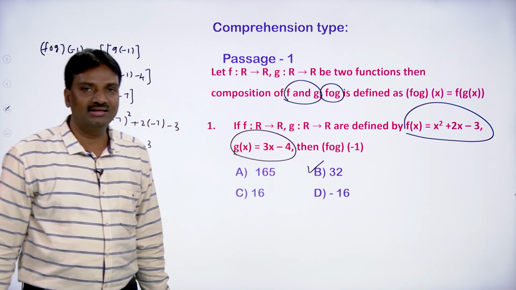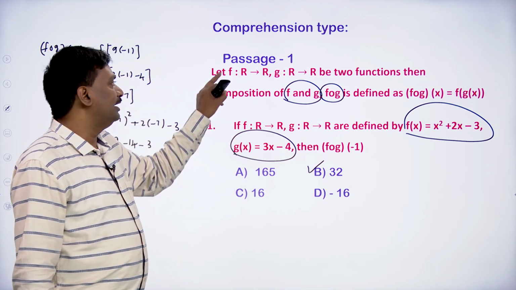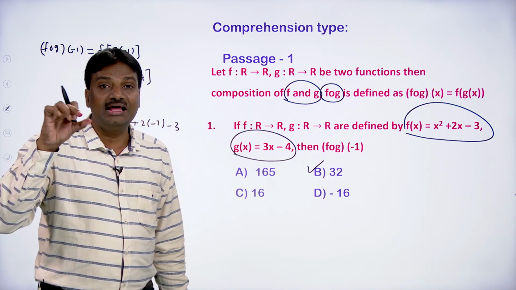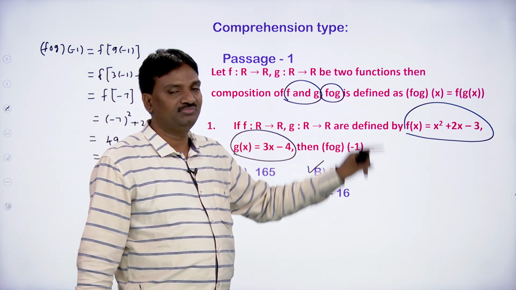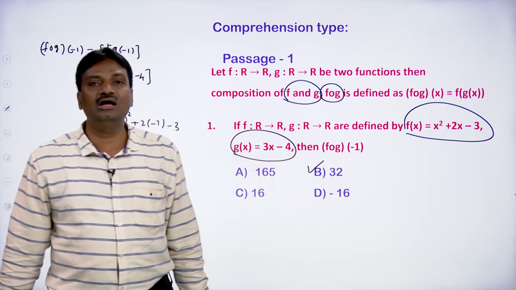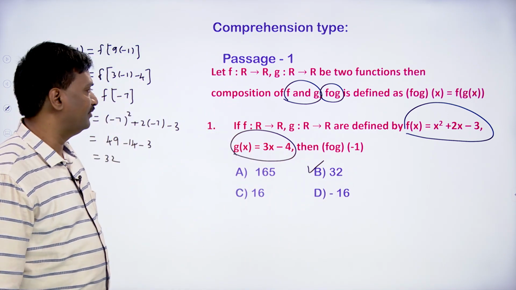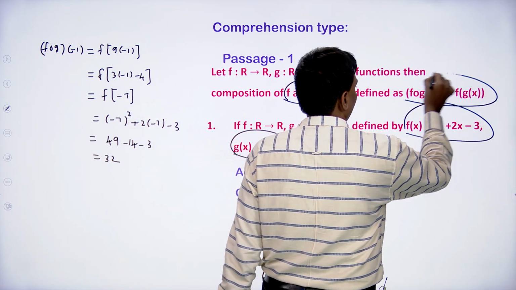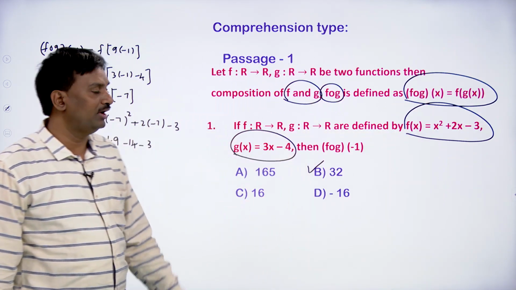So here the passage is given as: let f: R to R, g: R to R be two functions, then the composition of f and g, that is f circle g, is defined as f circle g of x equal to f of g of x. So by using this definition, f circle g of x equal to f of g of x, we have to